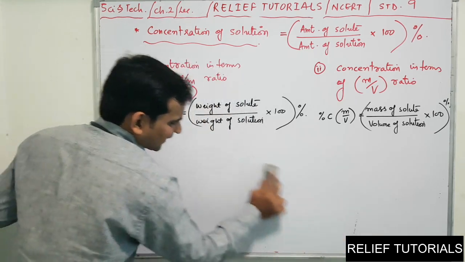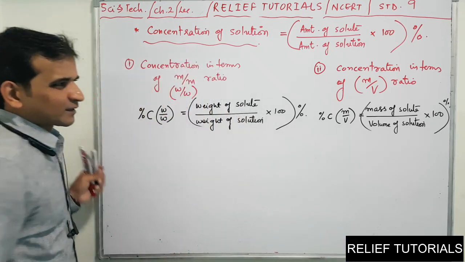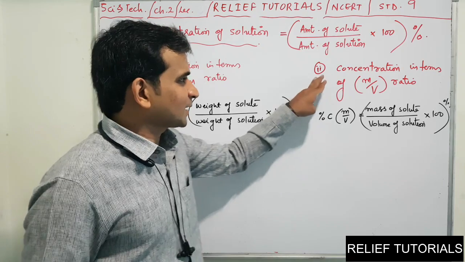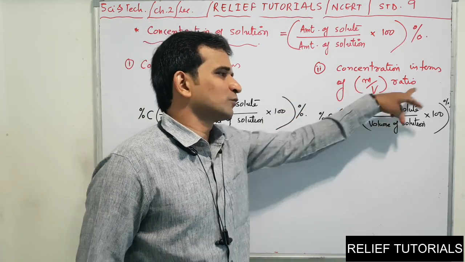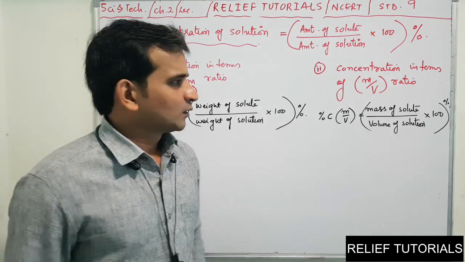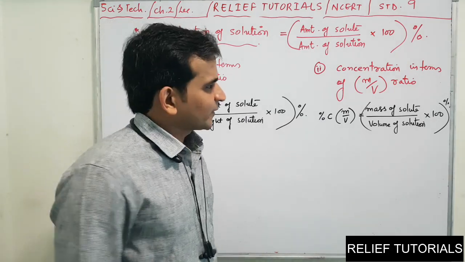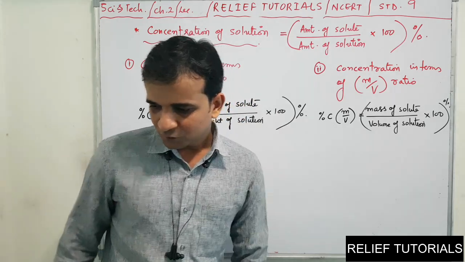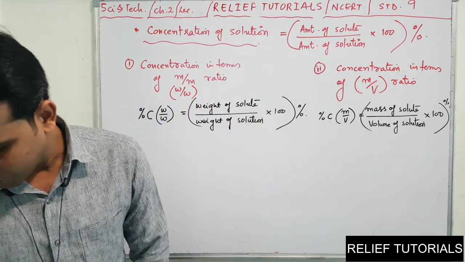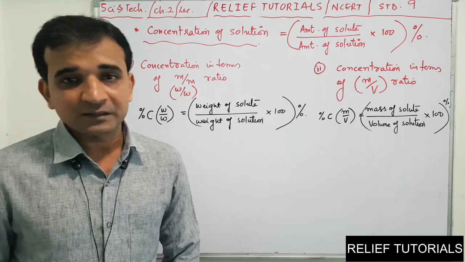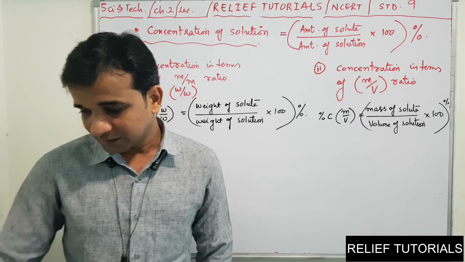One more type is there, but it's not important to discuss. It is not given in your textbook, but let me give you the information. The third type of concentration is volume by volume ratio. If the solute is also given in terms of volume, in ml or liter form, then you can use that type of concentration, but that is not actually in our syllabus. So let us see some numericals based on this. Example number 2.1, page number 17 in your textbook. One of the examples is given to you.